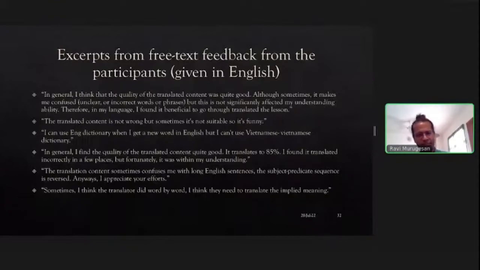So it's mixed. Again, it seems the participants were appreciative, but they wouldn't say it was extremely useful. It was somewhat useful. So I would say on the whole, leaning towards a somewhat positive experience. And also we have to remember that most participants actually opted to go through the course in English.